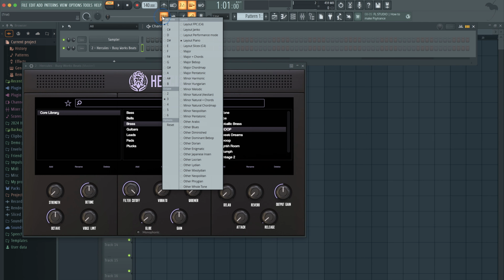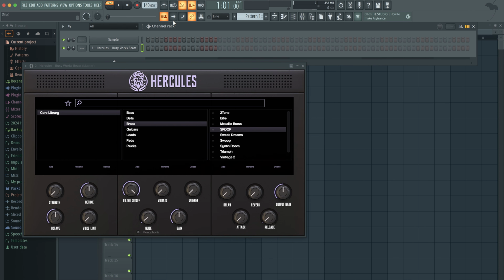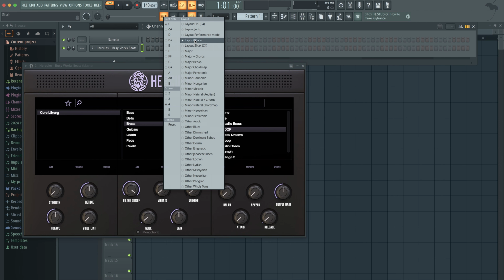Basically, you can also right click here and select different templates. Let's say you want to play only in the key of minor. You can right click on where it says minor natural, and right click on the octave. I usually keep these at C and 4. If you ever mess up, just click reset and it will put it back to normal. By default, it's set to layout piano, octave is 4, and the root key is C. So that's how you could just right click to change any of these.